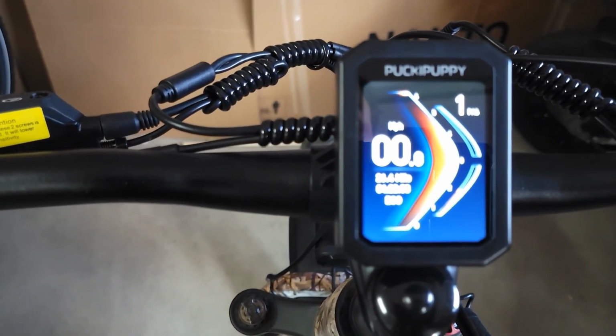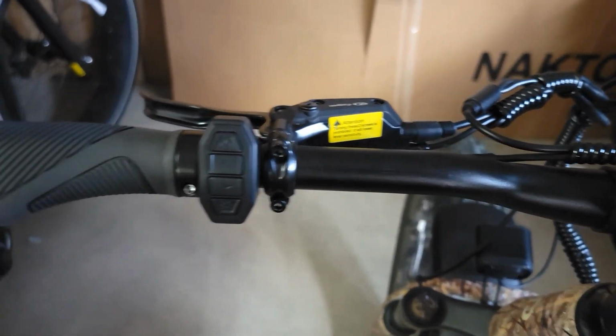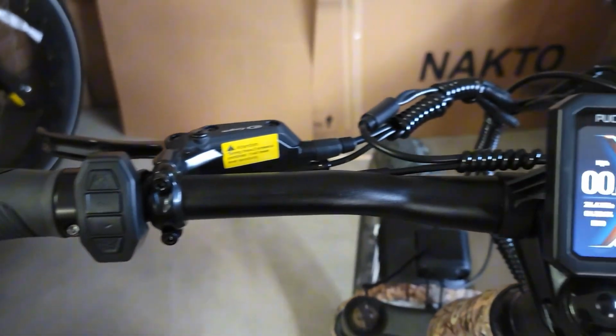Again, that's all you need to know about the Puckipuppy settings and how to use this. It's very easy, a nice bicycle, I highly recommend checking them out, very good price